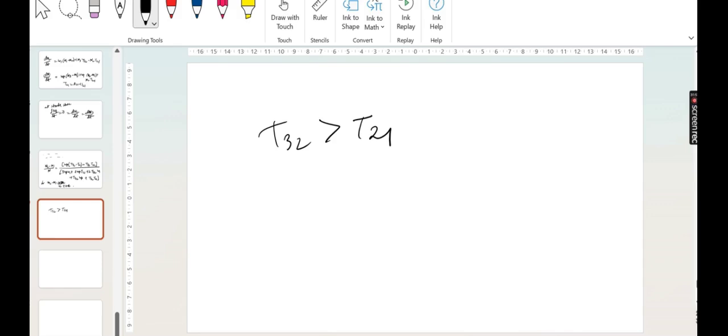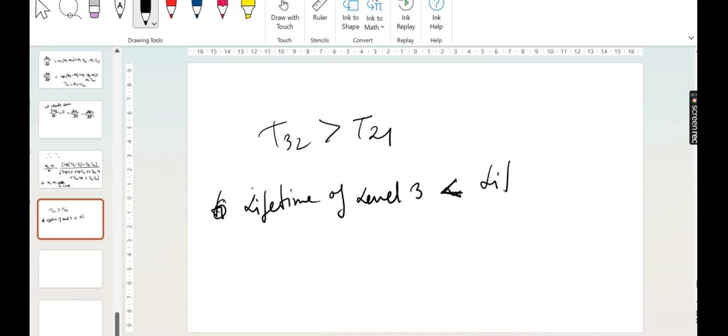The lifetime of level 3 must be smaller than the lifetime of level 2 for the steady state population inversion. Satisfied when